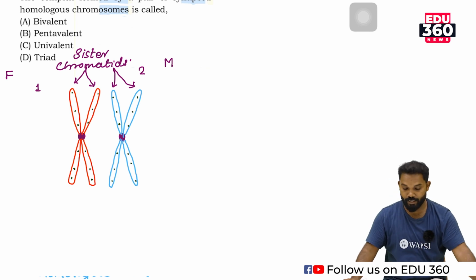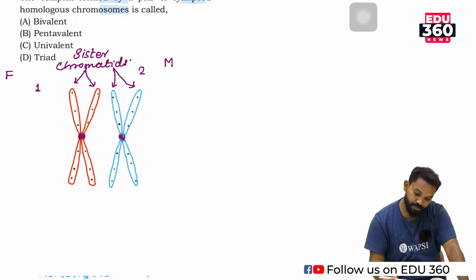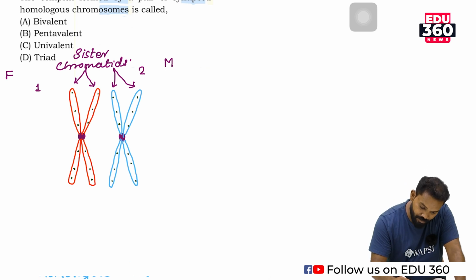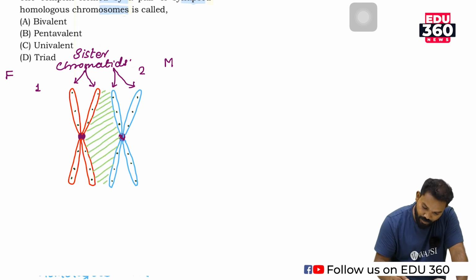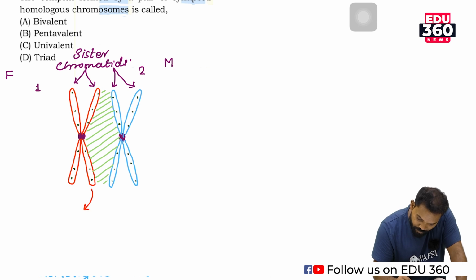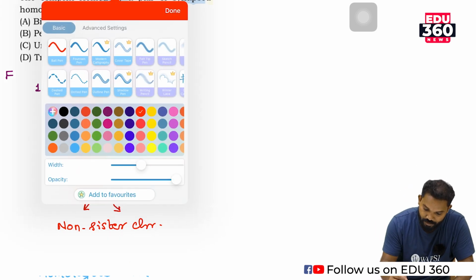before the recombination, there is a process that is known as synapsis. Synapsis is the pairing of non-sister chromatids of homologous chromosomes. So these 2 are homologous chromosomes. Each has its own sister chromatid, but there are also non-sister chromatids. So this chromatid and this chromatid, these are non-sister chromatids.